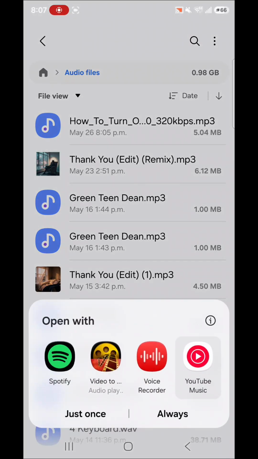Now decide which app you want it to open with. I have the options for Spotify, video to MP3 converter, voice recorder, or YouTube Music. I'm just going to go with YouTube Music, which it's automatically set to. And then you can choose either just once or always. If you choose always, it's automatically going to go to that app and it's not going to ask you for the app in the future. So I'm just going to go with just once because I'm not sure if I want to use YouTube Music